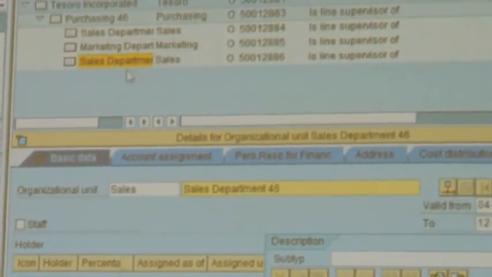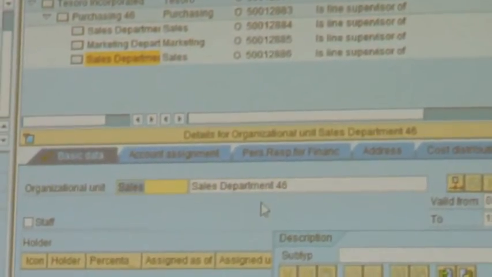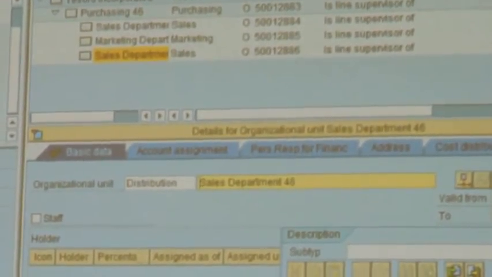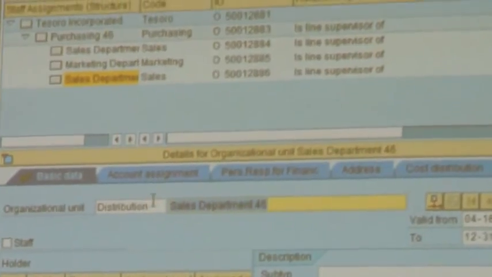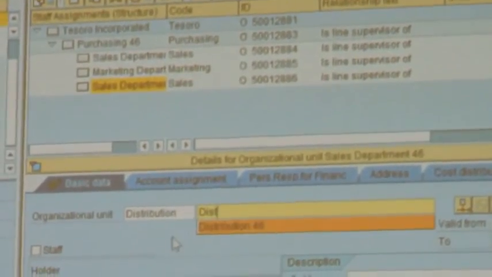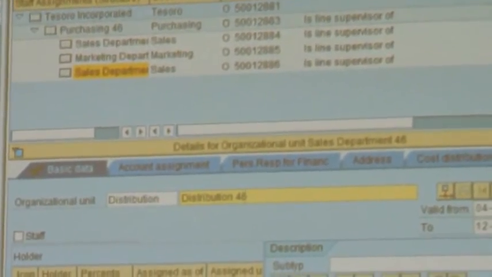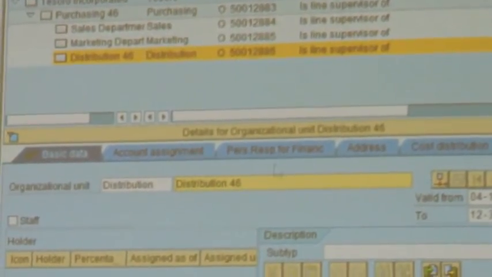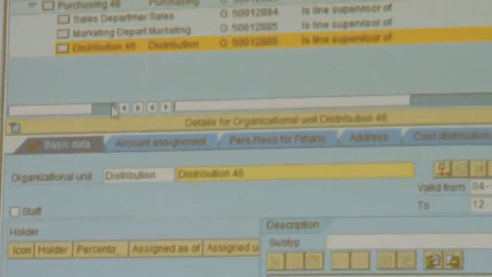I'm going to change the name for the third department as distribution. Save. Now we've created the department and the sub-departments.